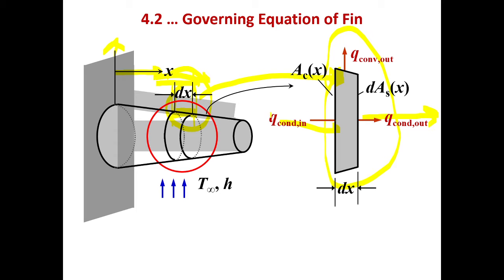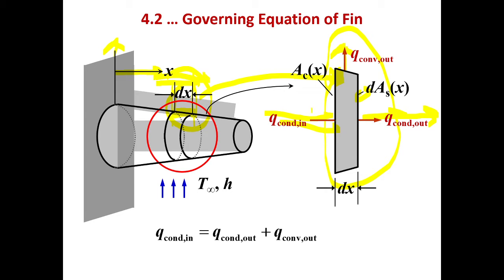That means heat will transfer from here to this side, from this side to this side. And convection outside, here also heat can transfer, because it is a two-dimensional transfer. And it is a surface area, that is dsx, and it is a small surface area. So now we will discuss another point. So Q conduction in equals Q conduction out plus Q convection out. That means the net energy is constant, and it is the energy conservation law.